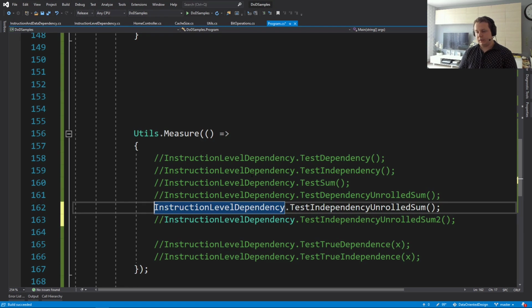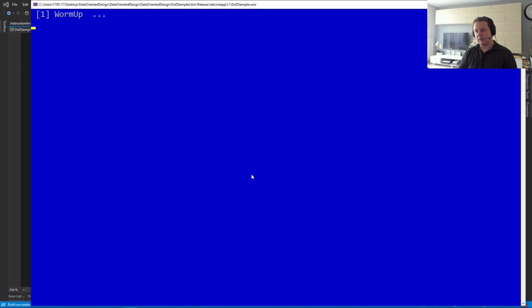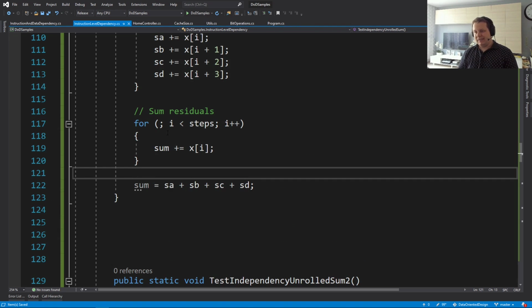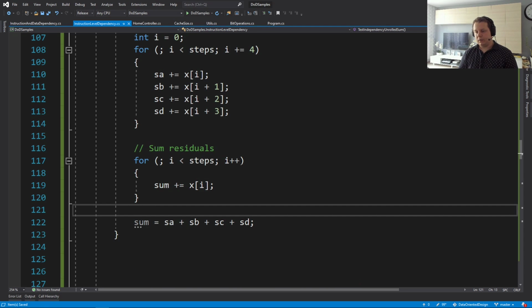Well, it's better. Actually, that's not the right function. Let me test this function. It's pretty good, right? It's pretty good. Okay, so that's still not all of the optimizations that we can do here, because as it turns out, single